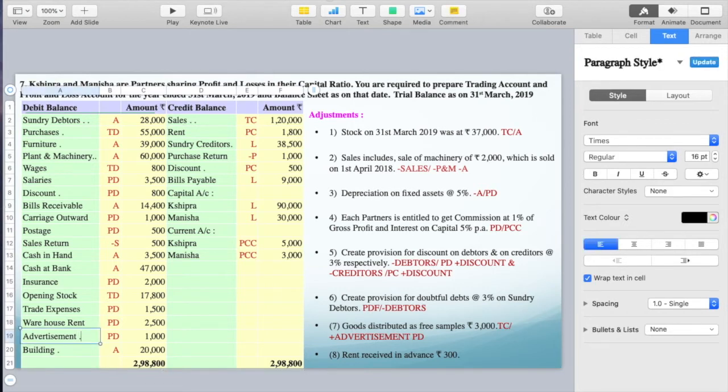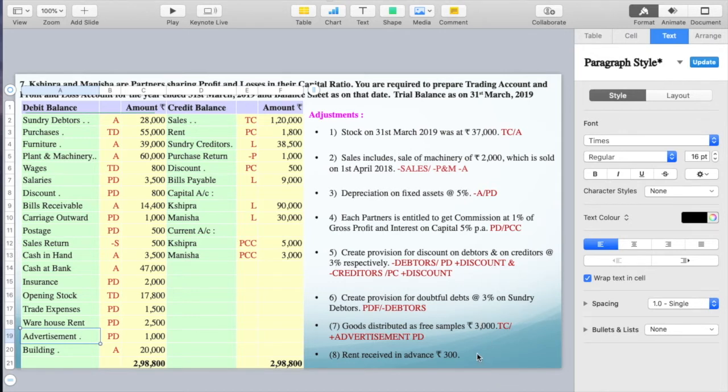But in this case, if for example advertisement is not given in the trial balance, not a problem, but then too at the time of writing you have to write advertisement and in bracket write free samples. You cannot directly write free samples in the profit and loss account, because distribution of free samples is a type of promotional activity only for the sales. As we distribute pamphlets, put up hoardings, do advertisement on television, radio, and in the newspaper, it's all types of promotional activities which have to go to advertisement only.